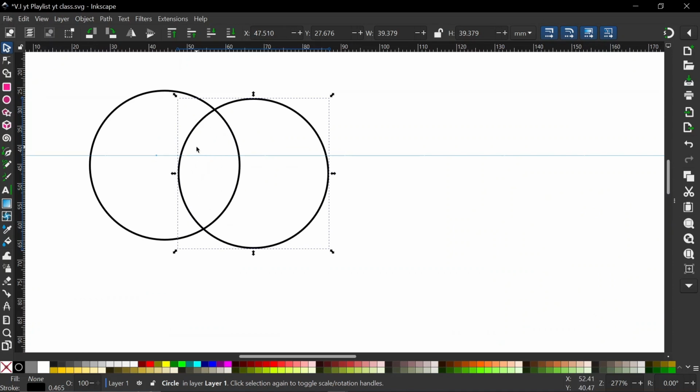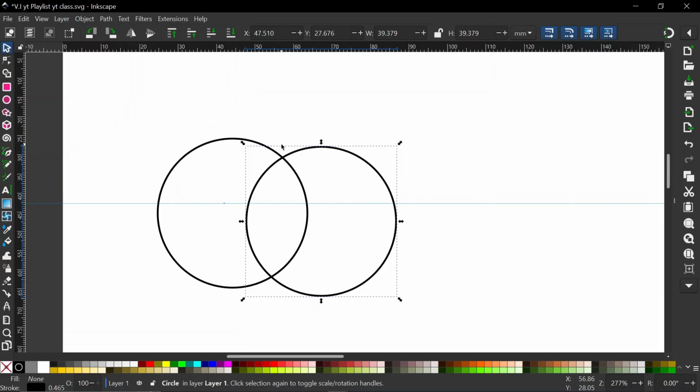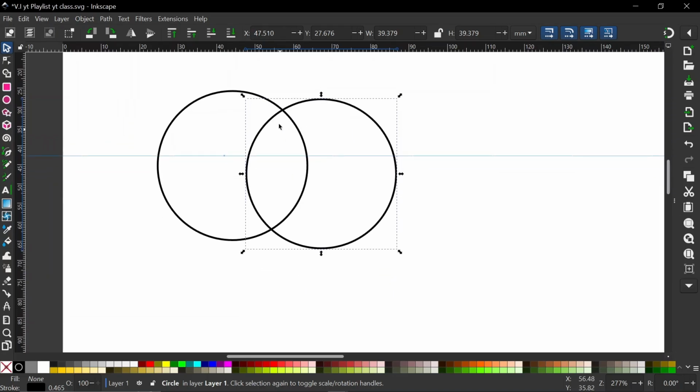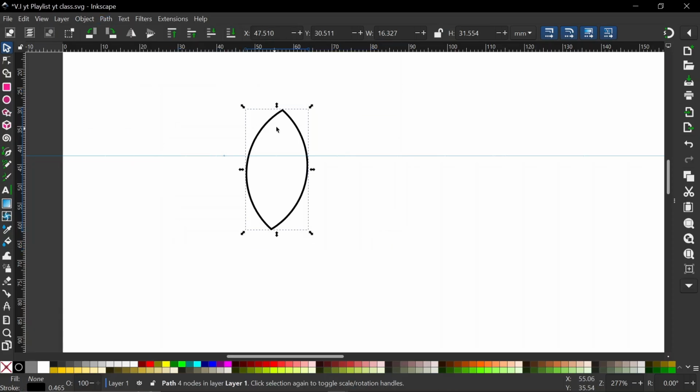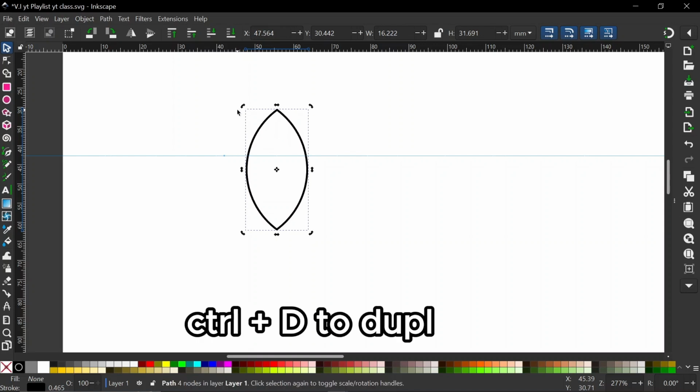When I highlight both of them and perform the intersection part operation, it will just cut out the vector object that is formed from the intersection between these two shapes. So I highlight them just like this, go to my parts and click on intersection. You can see the shortcut here, which is Ctrl plus the asterisk symbol on your keyboard, or you can just click it. Once I do that, you can see it cut out the intersection of this object, and I can just duplicate this and move it here,